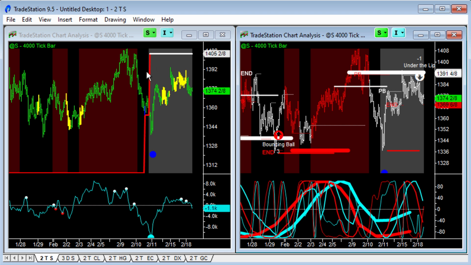We've come back up under the lip. I talk about this trailing stop kind of coming back down, being under the lip. Amateur bars up, and we're kind of rolling over, and that's under the lip. But